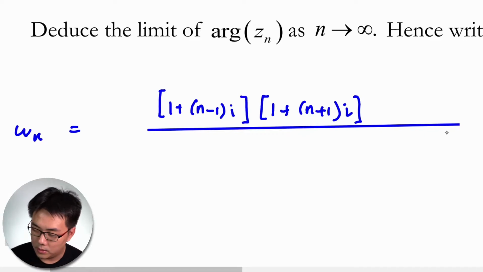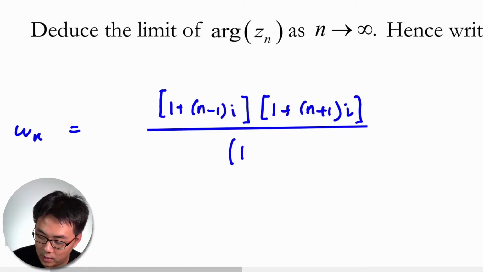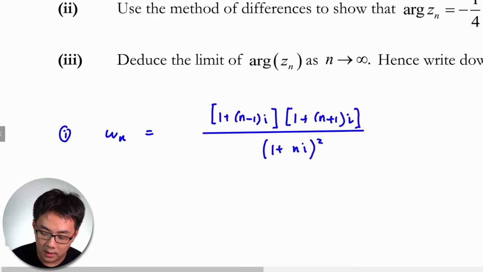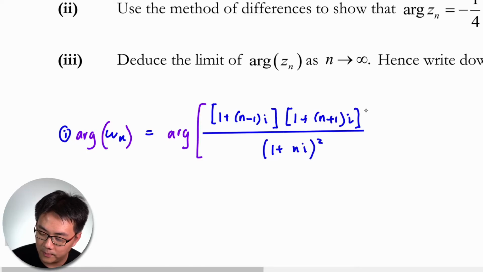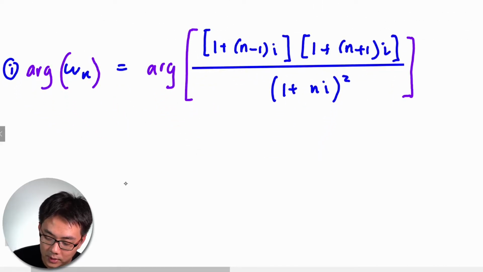Okay, so this part here is okay. Then you just copy, actually just copying. So this is 1 plus ni squared. Great. So if you want an argument, just arg both sides now. Argument of this just means you take the argument of this, right? Now remember that when you take the argument, this behaves like a logarithm, the logarithmic rule that you learned. So this would be argument